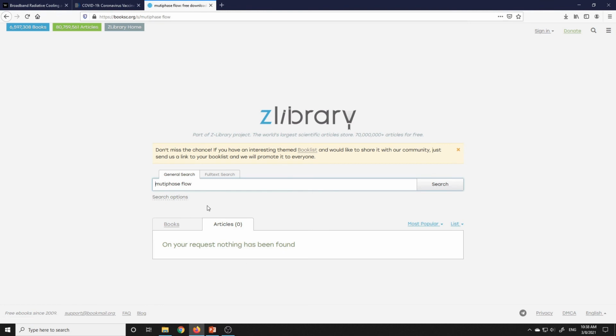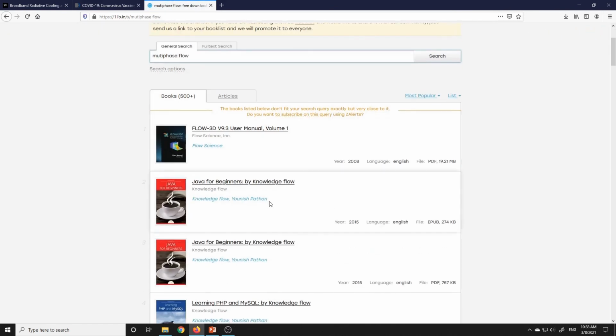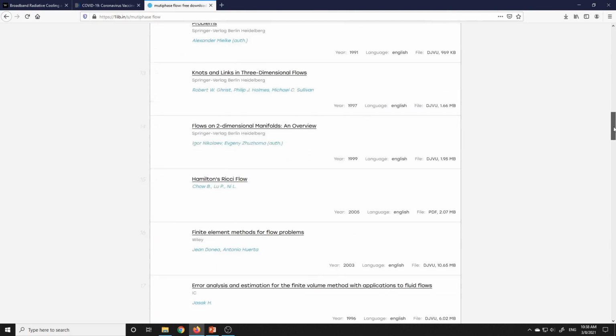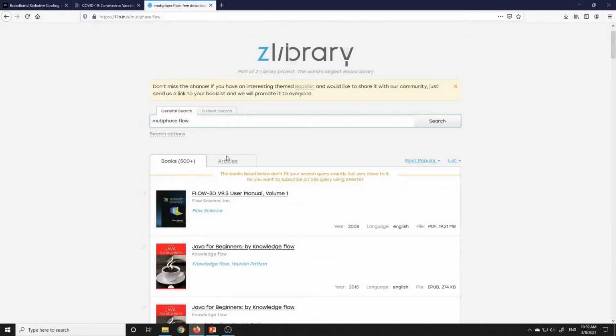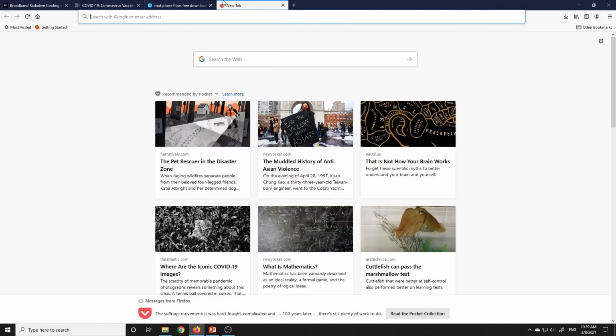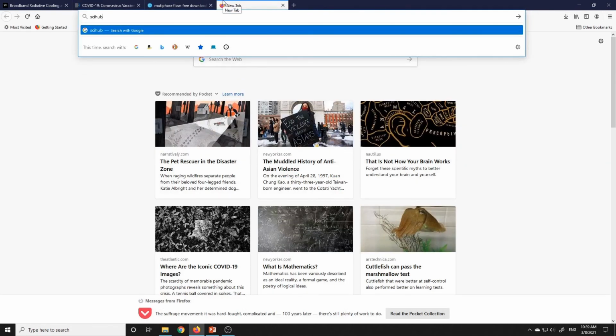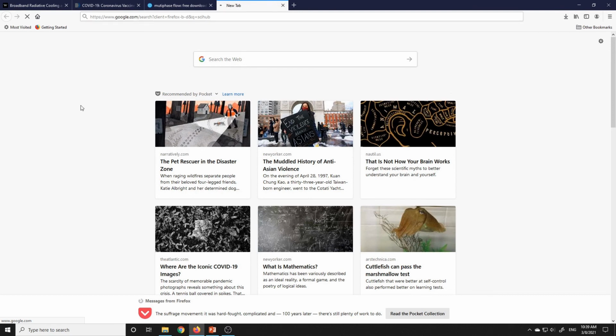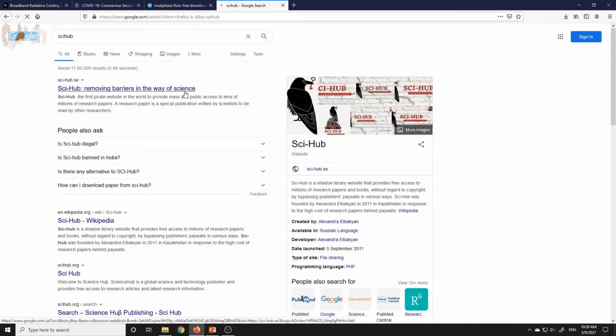Okay, I think this particular search term is not suitable for finding articles. It is for books. So see, there are lots of things you can find here. Okay, free ebooks, free articles. And for SCI Hub, the extension currently working is scihub.se.